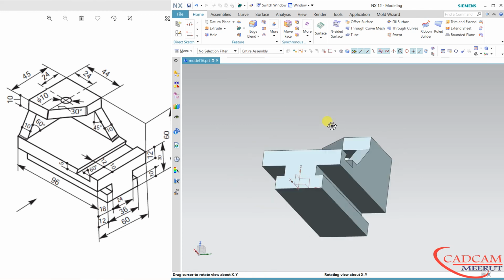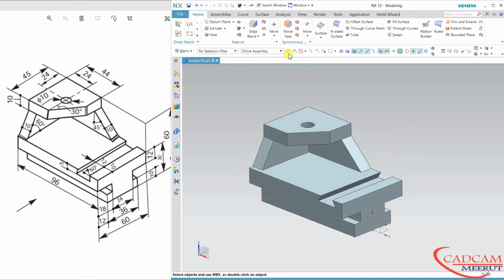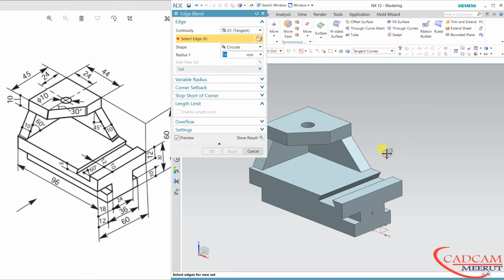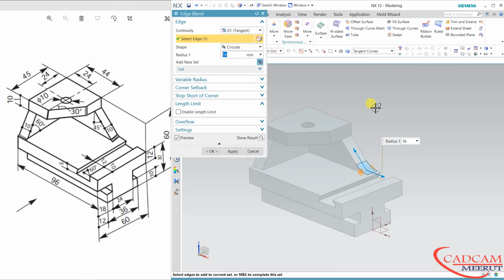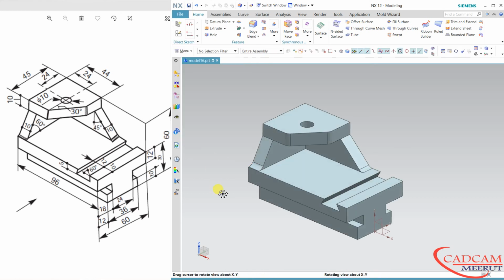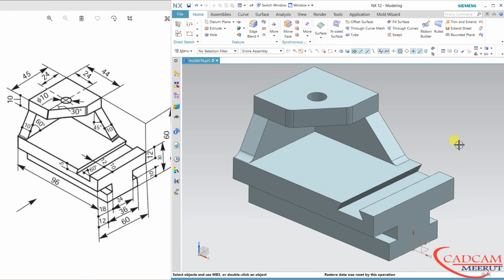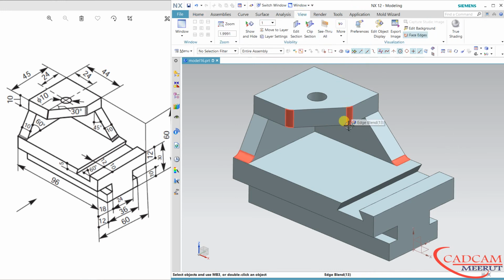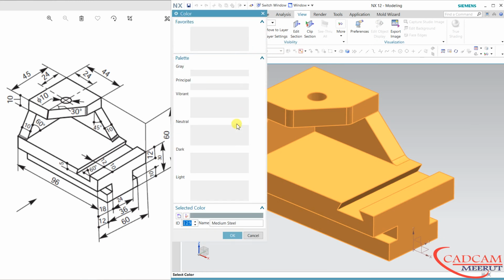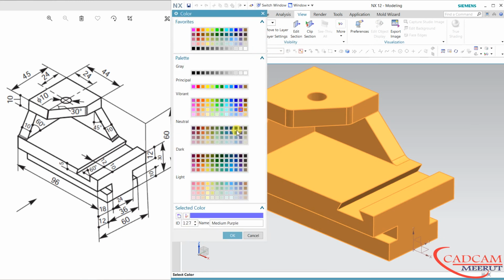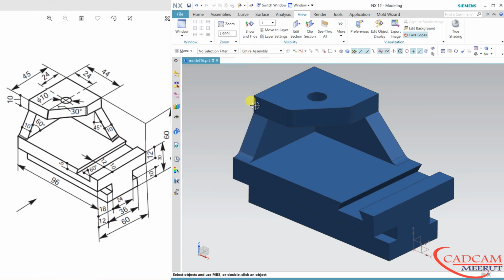Now some fillets still remain, so select this, and this radius, some radius is there, and 2 mm or 5 mm, we will take it 5, and 2 more sides and click OK. So this is our model. Go to view and select model, define some color, face.